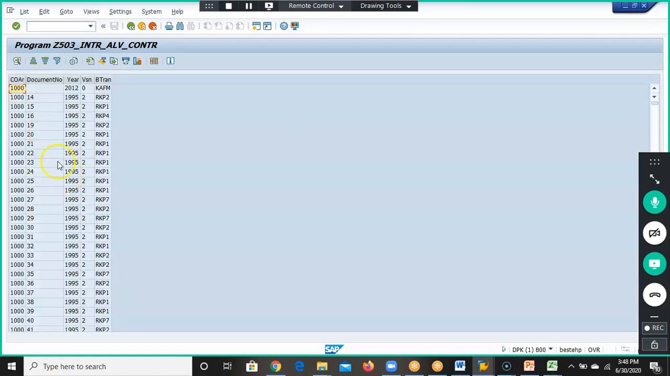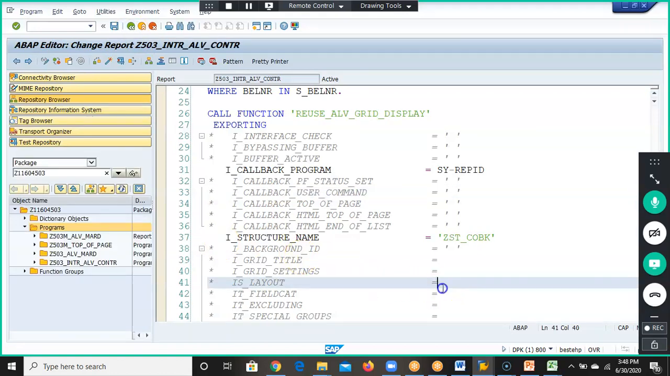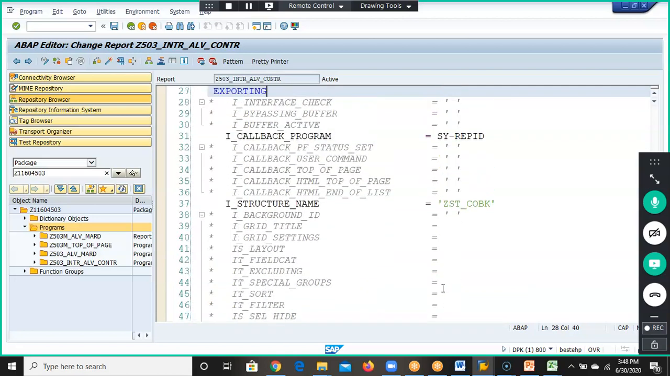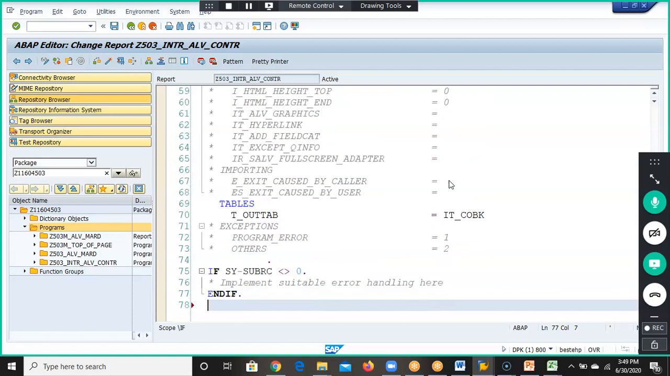So we'll have too many records here. So document number. If you click on some particular document number, you should get those details in the second screen from the item table. So that's our concept now. The first thing we have to do to make it interactive is to uncomment this I callback user command. In this, I'll give something like second. As I told you, you can give your own name also. It's okay. Instead of second, I can even give Meghna. But it should be in capital letters. So if I write Meghna here, and then we'll go for